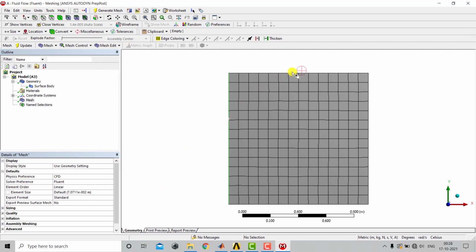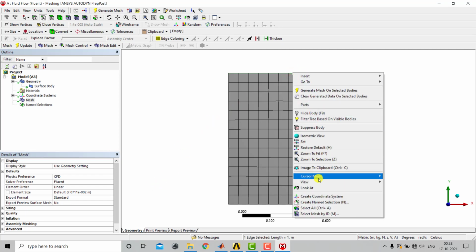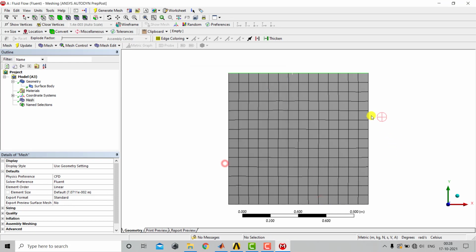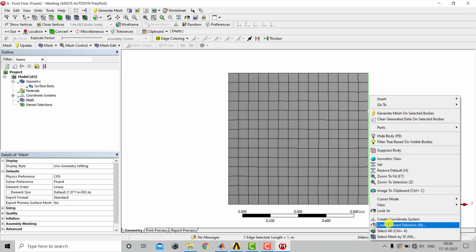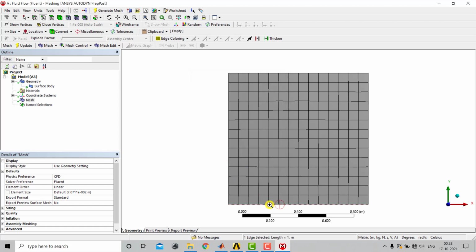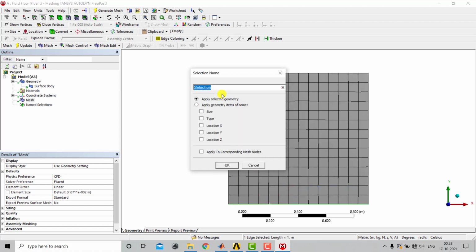In a similar fashion, we'll select this top, right click, select Create Named Selection, and call it top side. For this let us say the right side, and for this one we'll name it the bottom side.